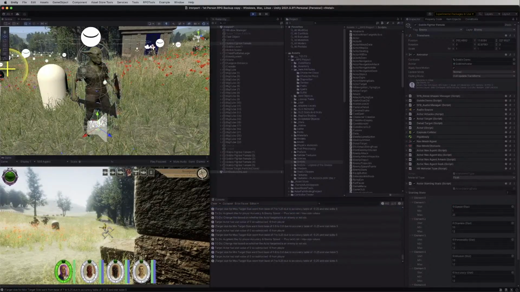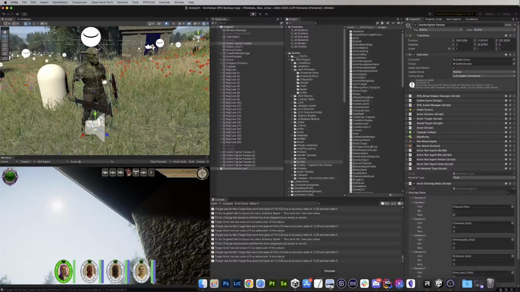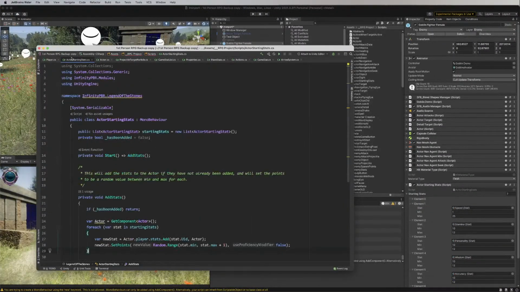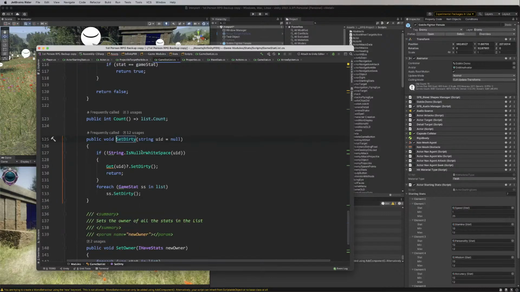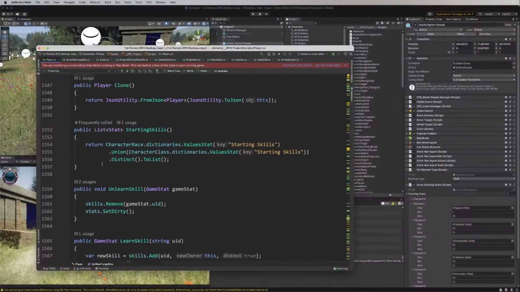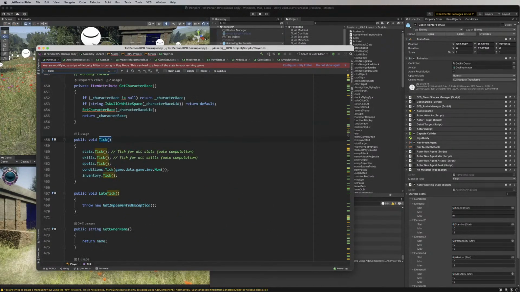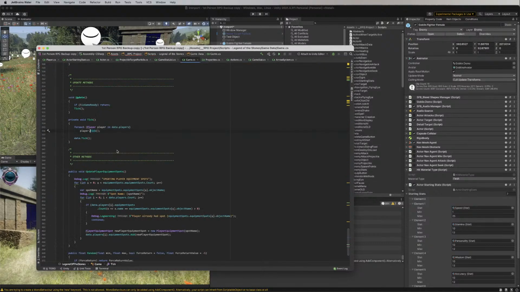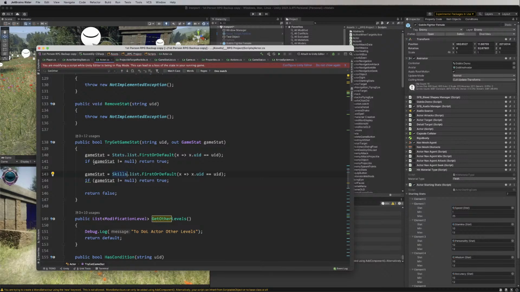Nope. Let's see. Why are they not being set dirty or working properly? Actor stats set dirty. This just makes them all dirty. And then in my player, I make sure I'm actually calling the right stuff here. It's possible that I'm not calling tick. I call tick on player.tick, game.tick. Ah, that is why. So on my actor class at update,